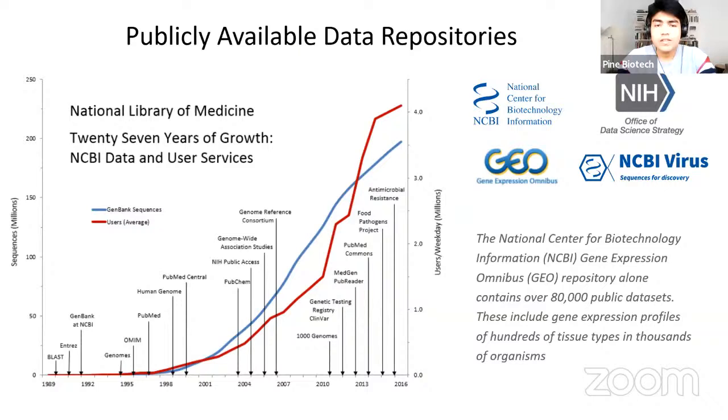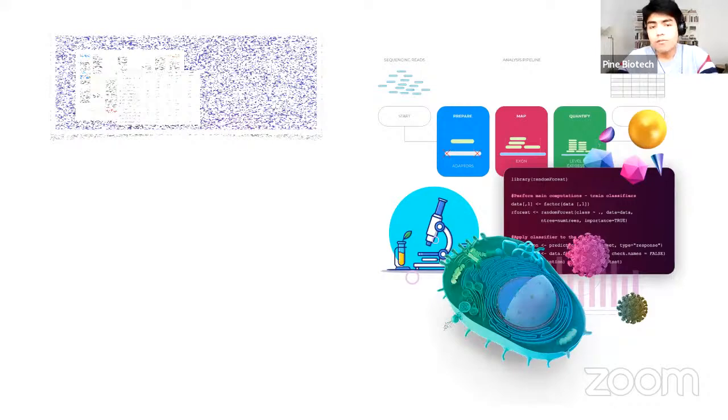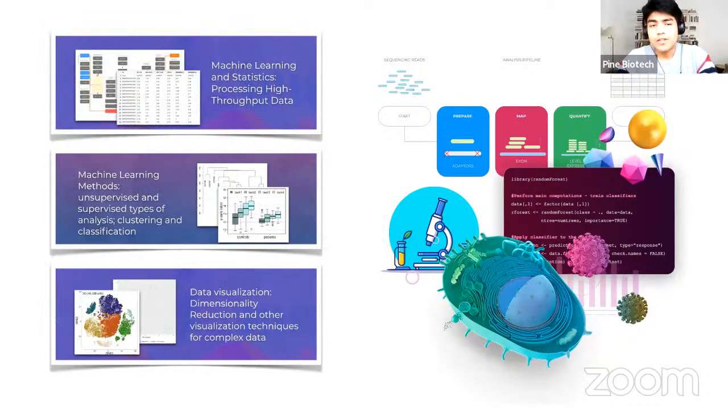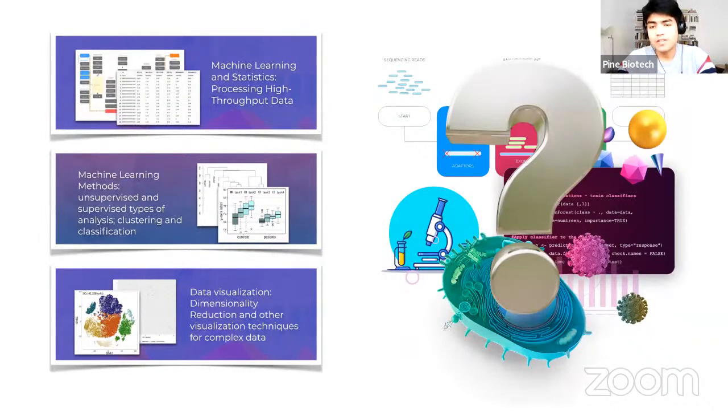With the rapid increase in the generation of data sets in today's world, it becomes more and more compelling for us, that is, the data scientists and bioinformaticians, to analyze them and to extract meaning from those data sets. We often end up using various machine learning and other statistical tools, which ultimately help us answer that particular biological question, that particular biological meaning that we are looking for from these data sets.